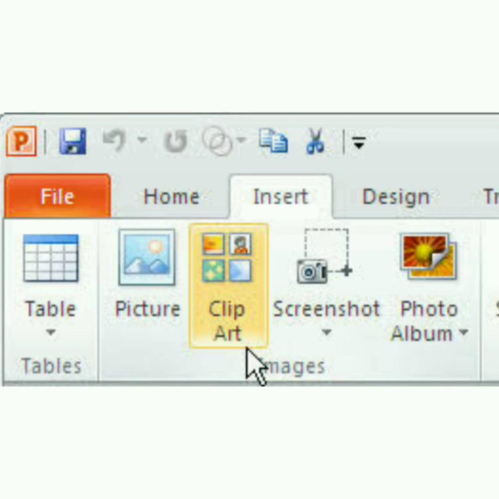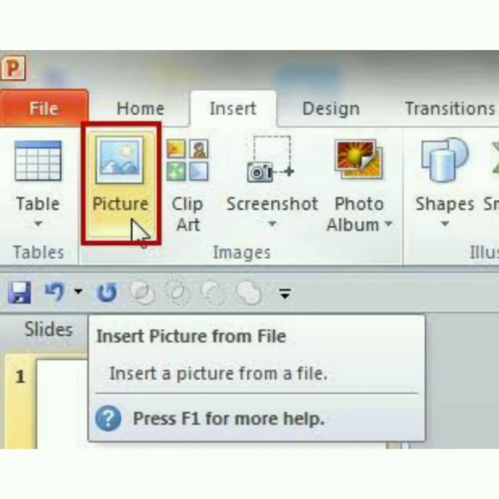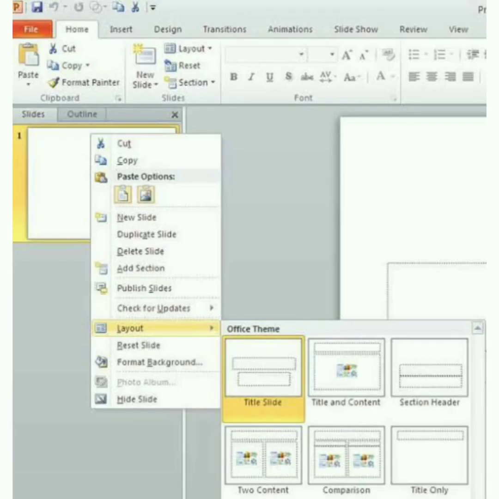And next is slide layout. Slide layout, in the sense, is how you arrange the slides which are available. Say, for example, you have 10 slides and you want to set the order in which the slides are displayed. Supposing you have created the last slide and that has to be displayed first, you can choose any kind of layout. That is how you arrange the slides in an order.